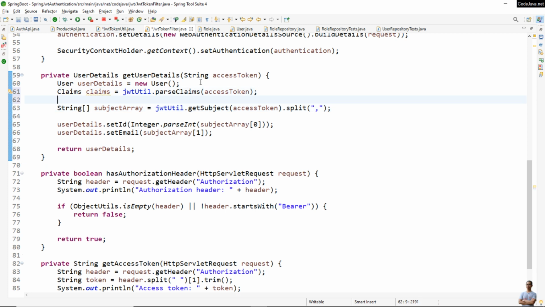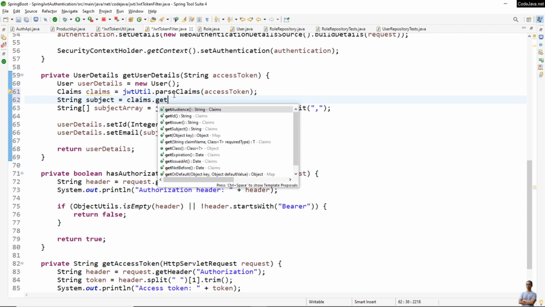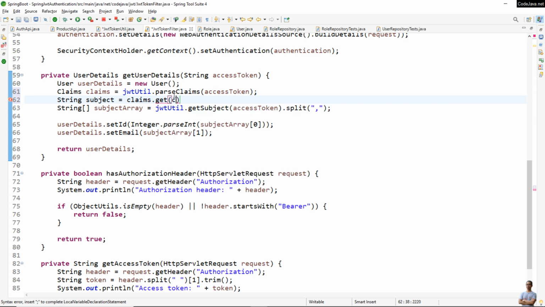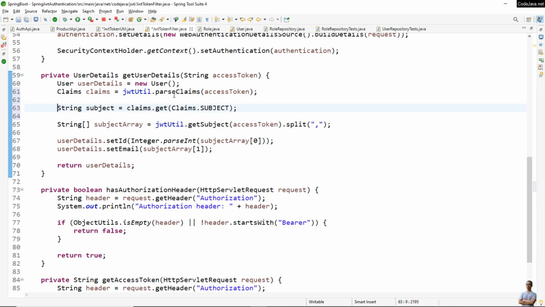Okay, and we get the subject string, subject equals claims.get, claims subject, cast the return value to a string. We replace subject here, subject. All right,